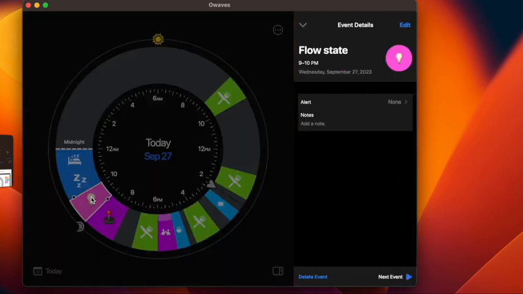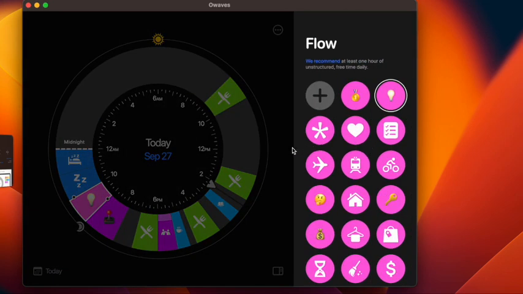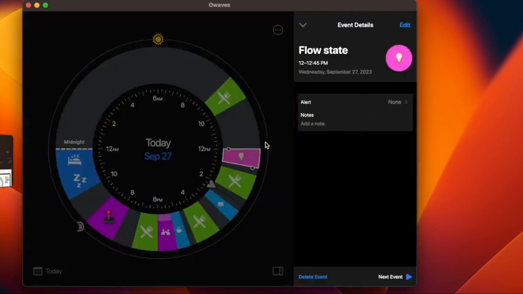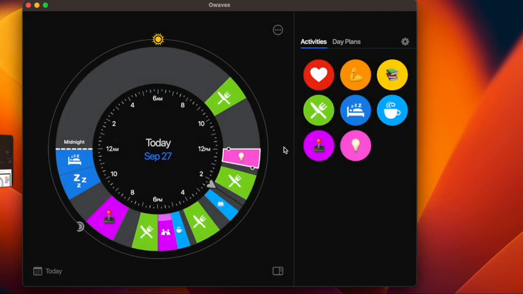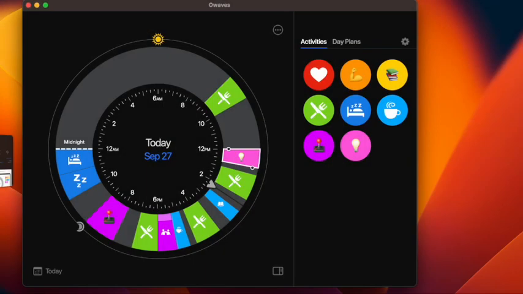And remember, you can just click on it and write notes. You can put a reminder, alert, so they'll show up on your watch or your phone, or maybe even on the computer, it'll give you an alert. So that's the objective of this one, is to put in your flow time if you wish, if you choose to. Remember, you don't have to do it. It's up to you. You can leave it out for the day. Like if you choose this, today is the day that you're not going to have certain elements, that's okay as well, right?